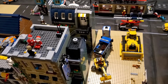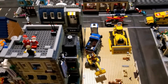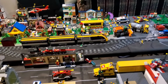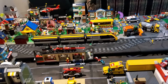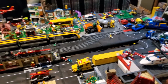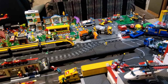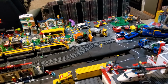But for now, I'm actually going to skip over that, and I'm going to start with the residential area, which you might think hasn't had a lot of changes, but I have actually made some changes to that area, and we've added in one road piece to add on